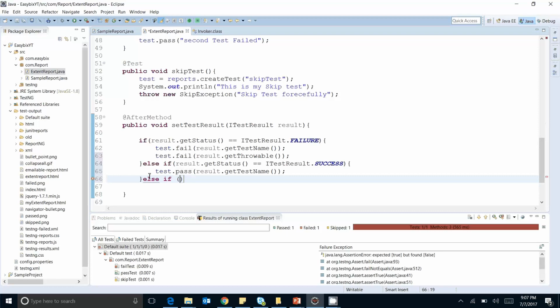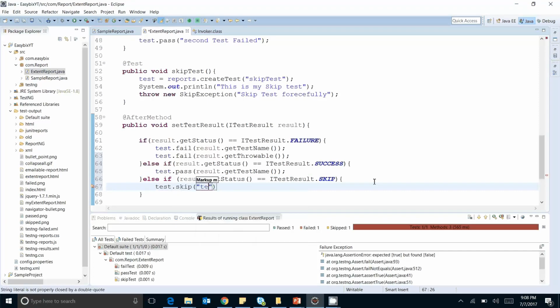About the third case, which is skipped. And what could be over here? It could be skip. And what I need to do, I need to insert test dot skip, and here the test case name.